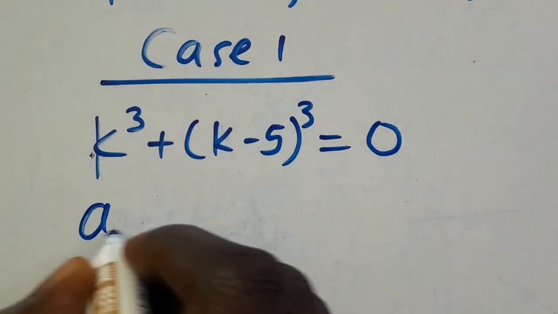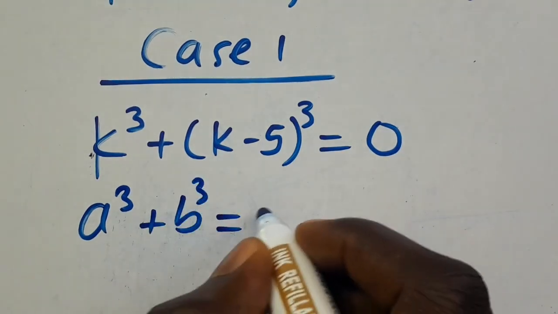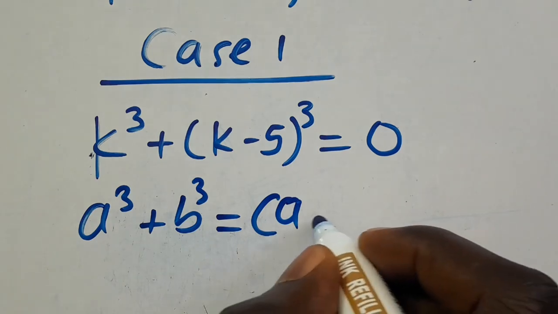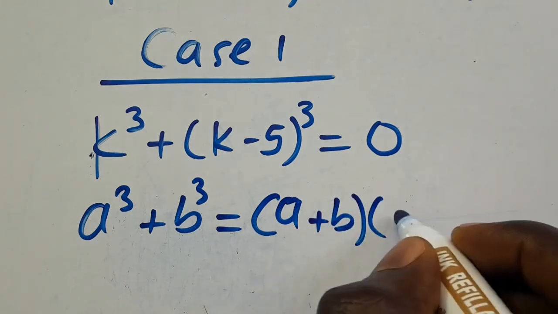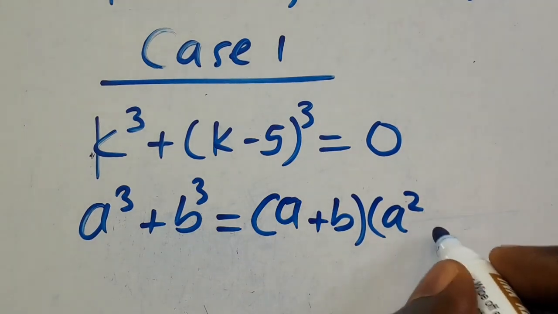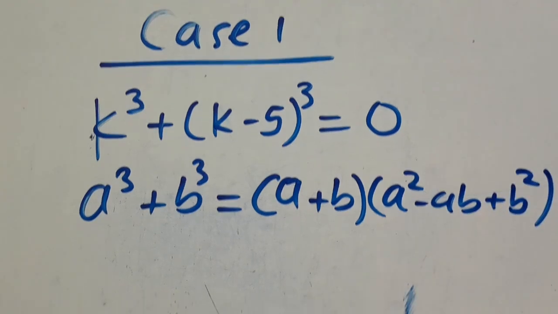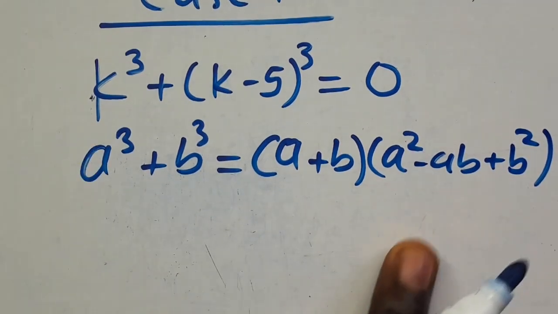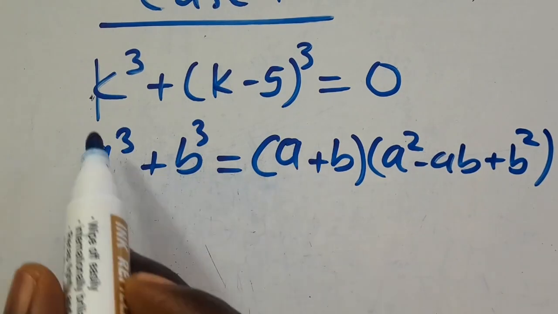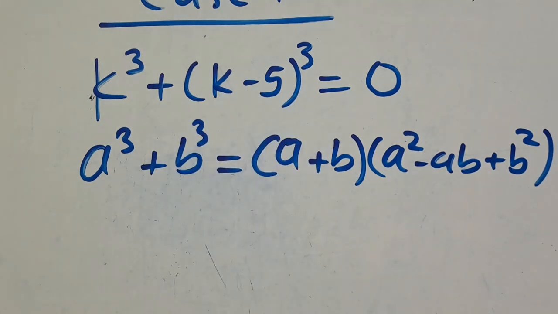Remember, when you have a to the power of 3 plus b to the power of 3, this equals (a plus b) multiplied by (a squared minus ab plus b squared). So when you apply it here, our a is k, our b is (k minus 5) all in bracket. So this will be